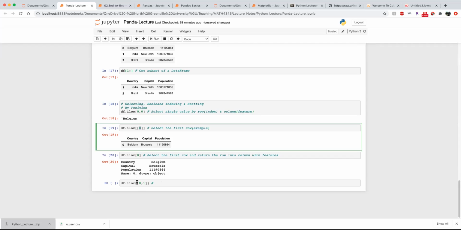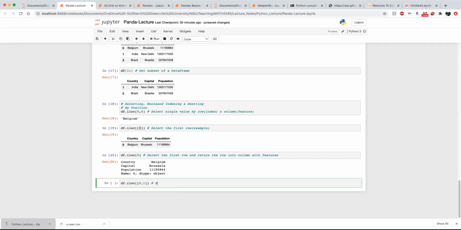So 0 and 1 mean index 0, index 1, or row index 0, row index 1. So it returns all of the column data or attributes belonging to row index 0, row index 1. Okay, so that's going to be